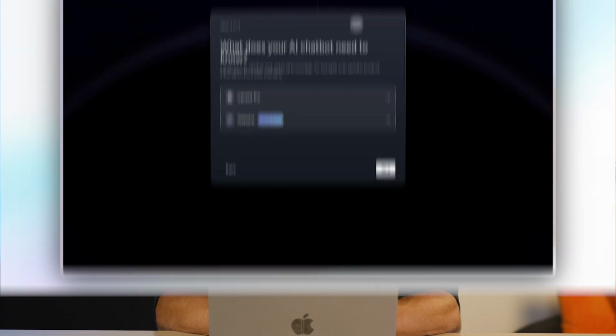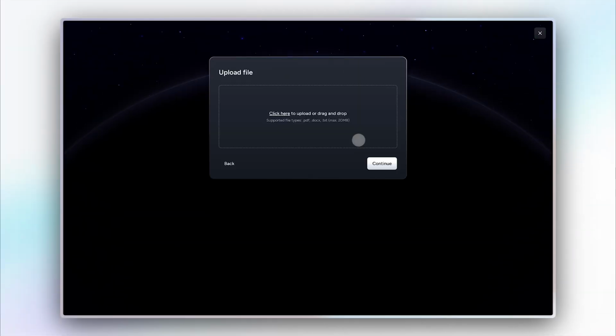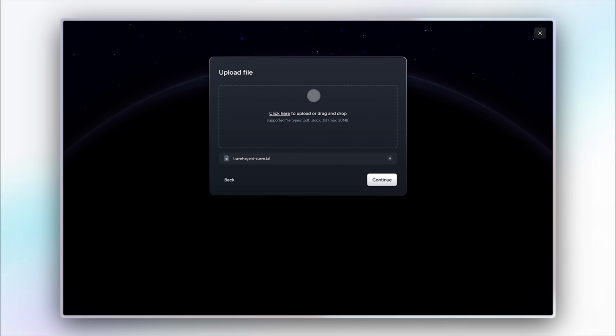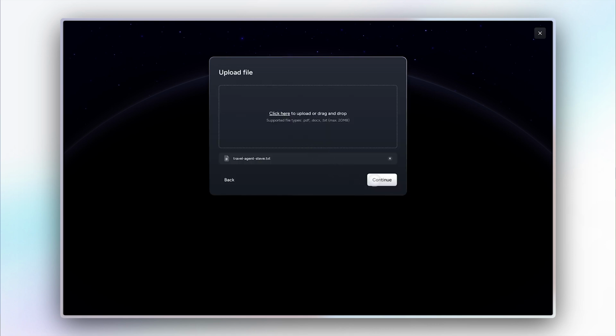But what if we offer very specific tours and have our own travel blog that specializes in exactly that? Naturally, we want to provide this information to potential customers first and foremost. In the next step, we can upload various documents in different text formats. Simply gather the information from all your internal sources. If you already have a knowledge base, that's perfect for this. We will soon offer the option to provide your website here, and SuperChat will pull all the information directly from it. However, it might still be helpful to upload additional files.